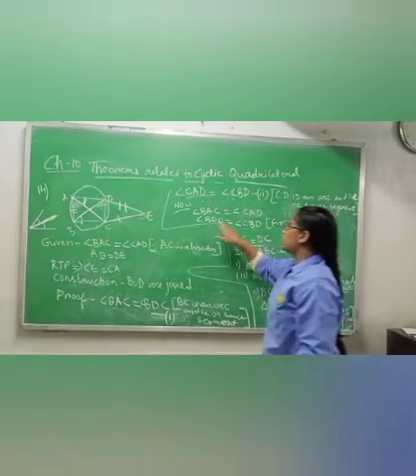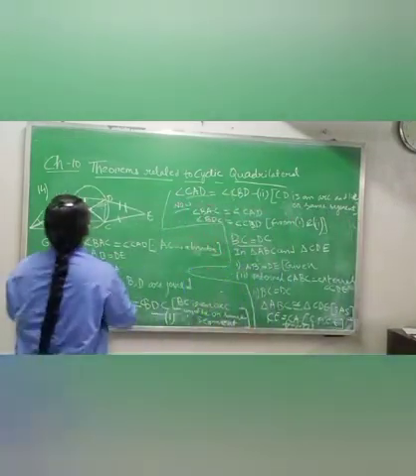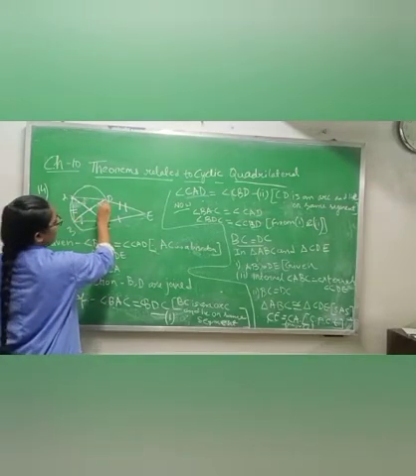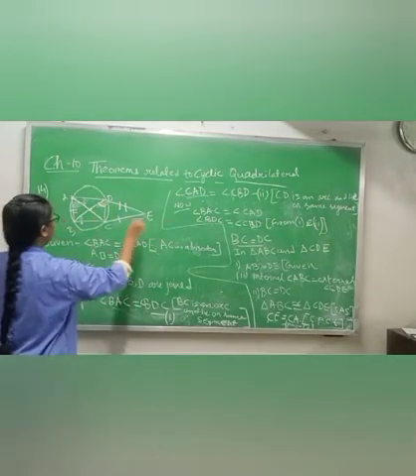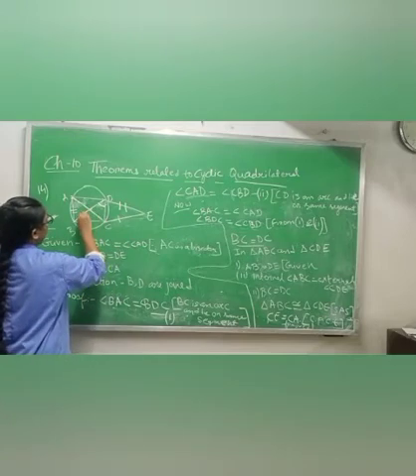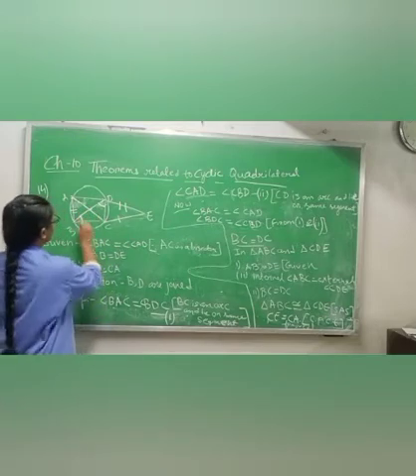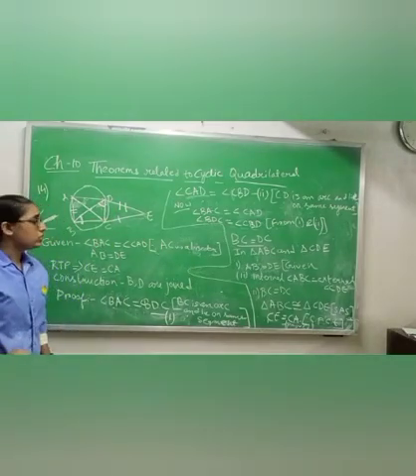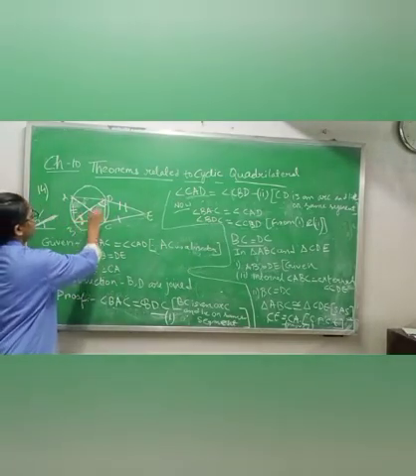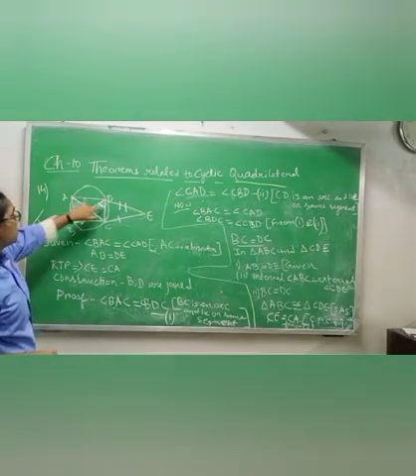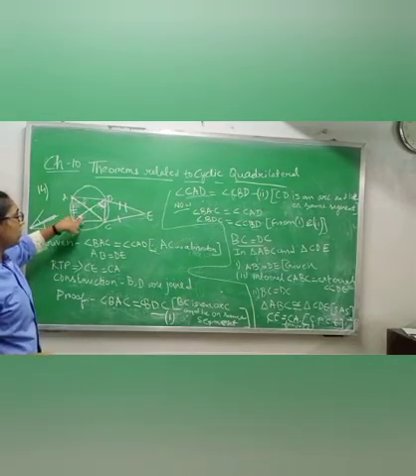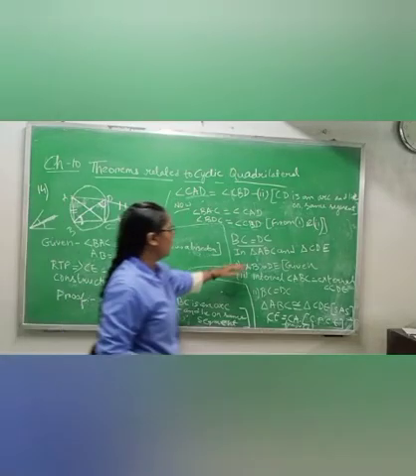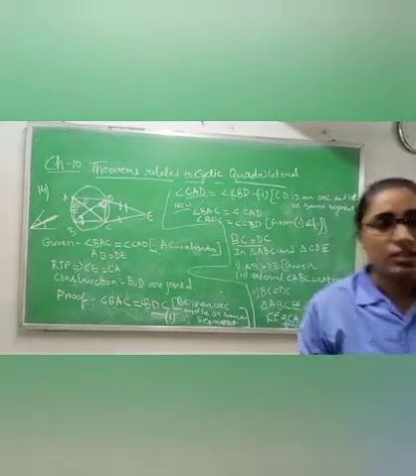Okay, if these two are equal, means BDC, this angle, and CBD, this angle, are equal. It means BC is equal to CD. Why is BC equal to CD? Because these two angles are equal, it means that the adjacent sides will be equal. Now what will we do after this?